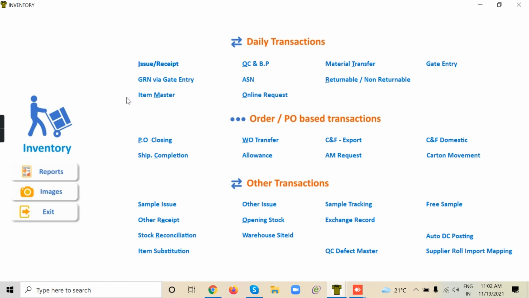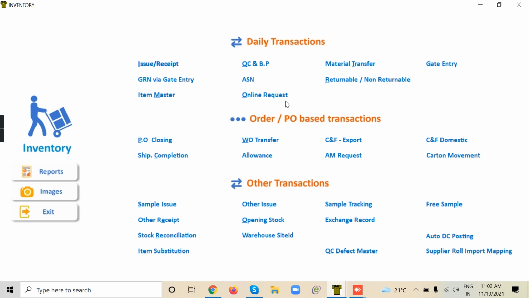And you have one more module, online request. This again is an optional module. If a user department wants something, let's say the IT department wants A4 paper, they can make a request for A4 paper to the stores department, and the stores department will select that request and issue the material.